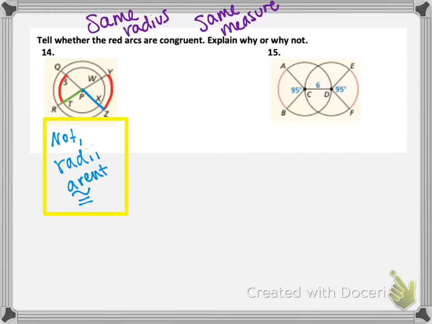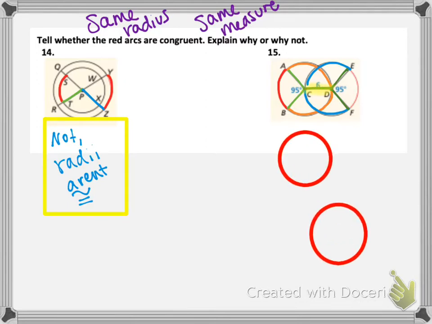Alright, and then last, it looks super confusing. But if you break it down, really, you've got a circle, and a piece of the circle is the arc in question. We have, these are the radii of the circle. In our second circle, these are also the radii of the circle. So the main piece that you need to see is this in the middle. They actually share a radius. If I were to take them apart,